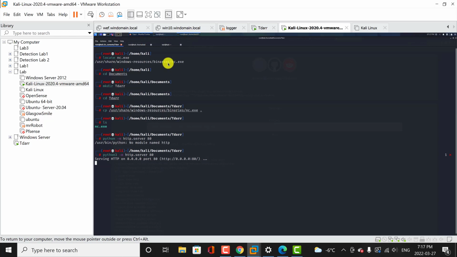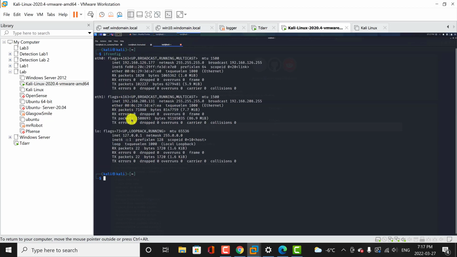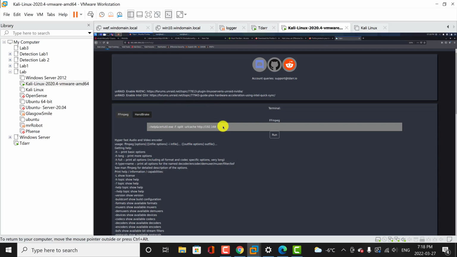Let me just double check my Kali IP. That's why I ran ifconfig right here. So I'm just going to copy this just to make my life easy. I'm going to move back here and paste that right now. So then